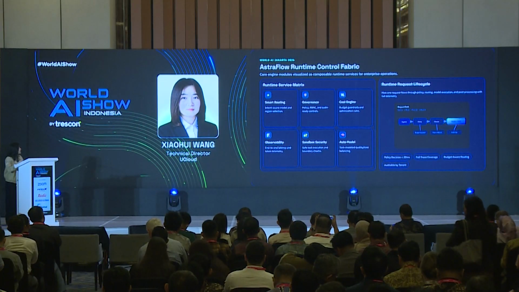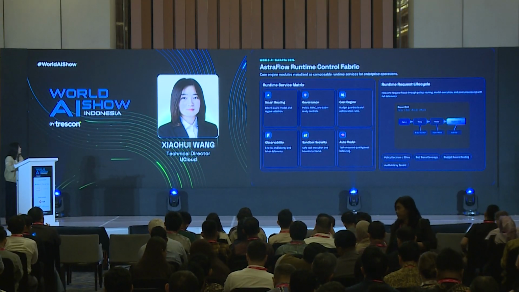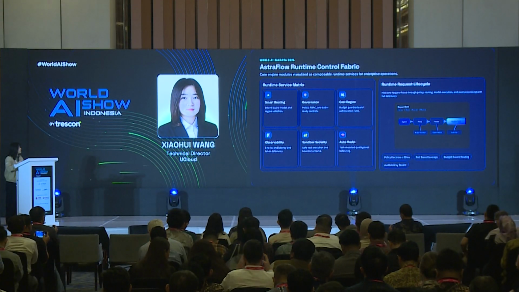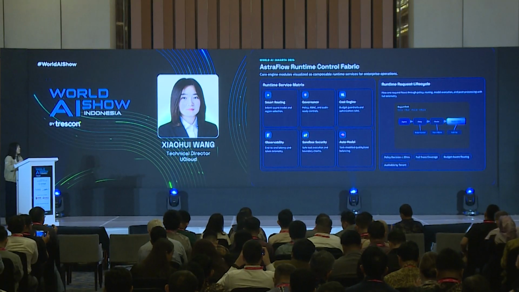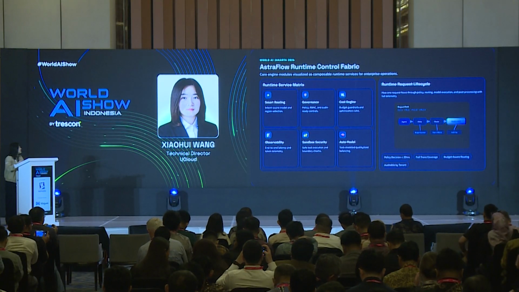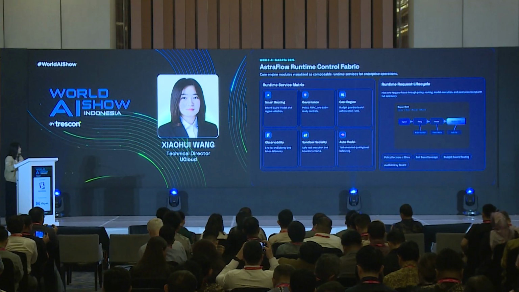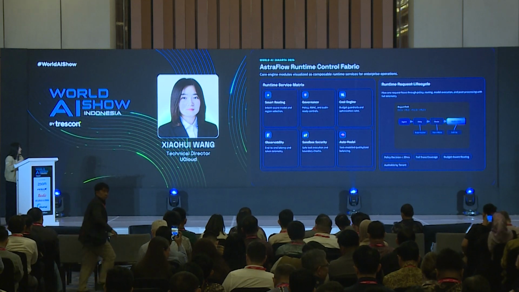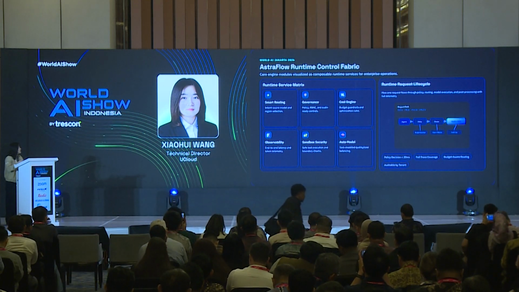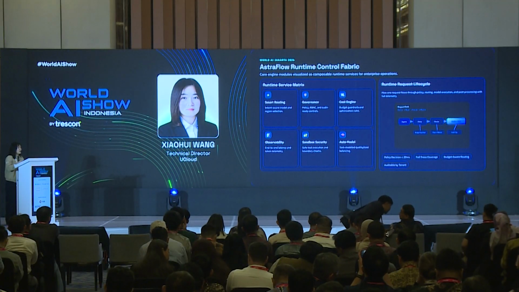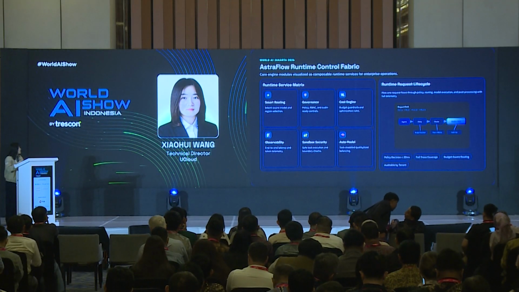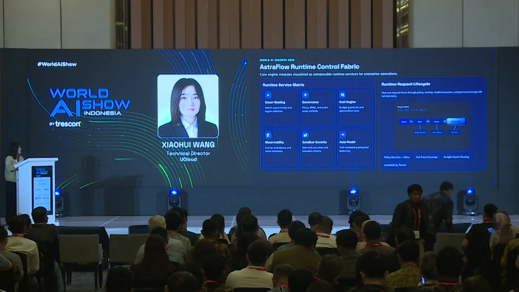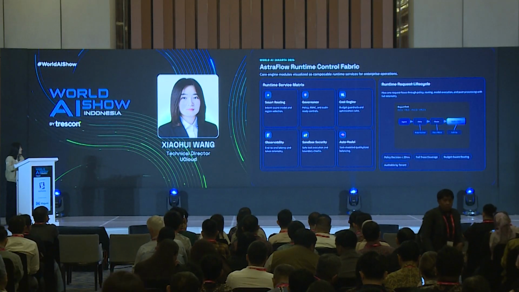Let's zoom into the runtime itself. Every AI request follows a similar life cycle. First, the request enters through the unified gateway, and next comes policy enforcement. Before the model is even called, AstraFlow checks permissions, tenant policies, and the security rules. And next comes intelligent routing. Instead of always calling the largest model, AstraFlow's auto model automatically selects the most appropriate model based on the latency, the cost, and the